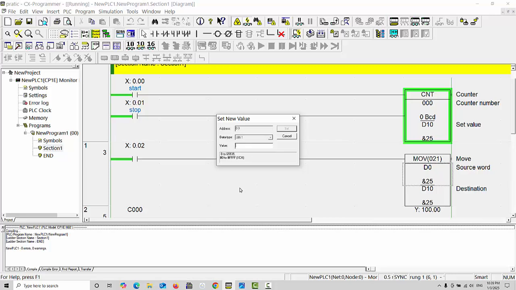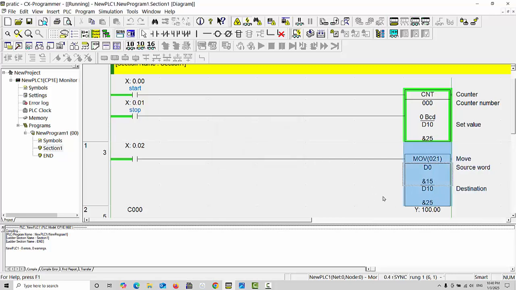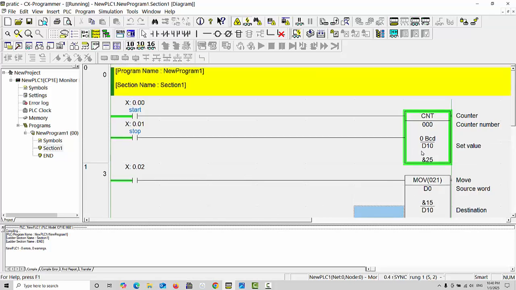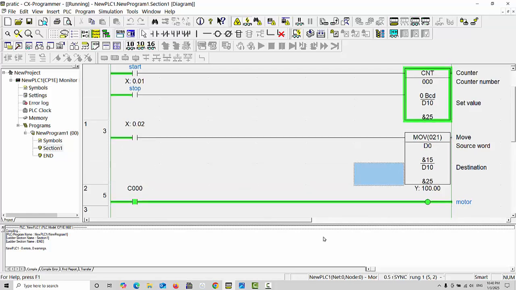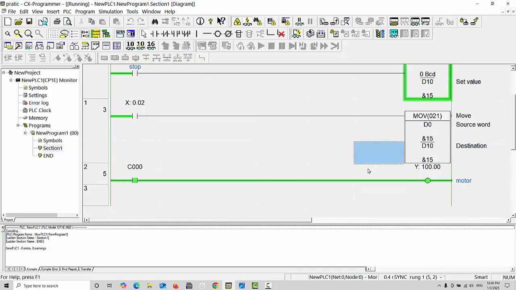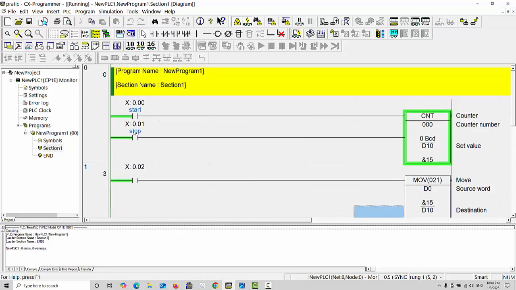For example, I will choose 15 and set, and you can see the value 15 is ready at D0. So as D10 does not have any value at the counter, as we give the signal at I0.2, you can see the value moves into the counter, 15, and as we reset the counter with I0.1, you can see